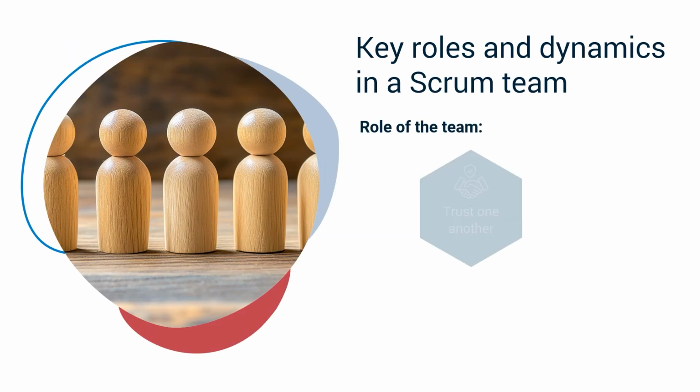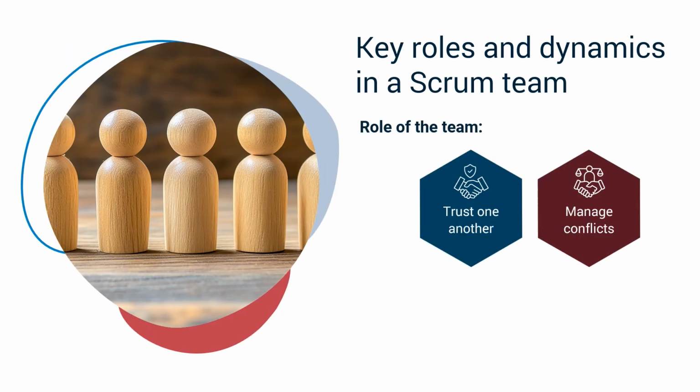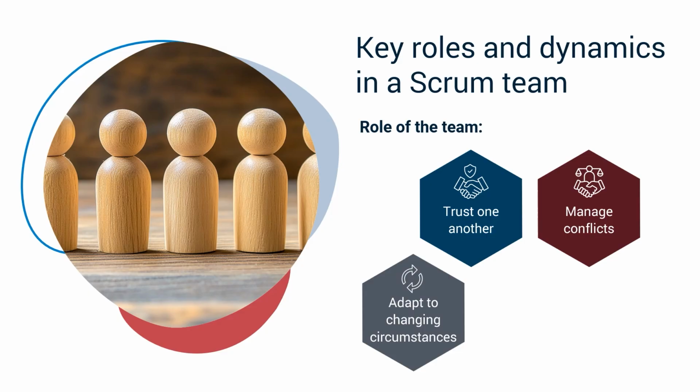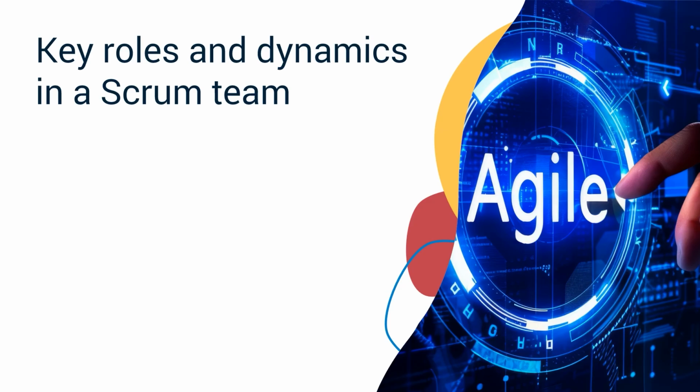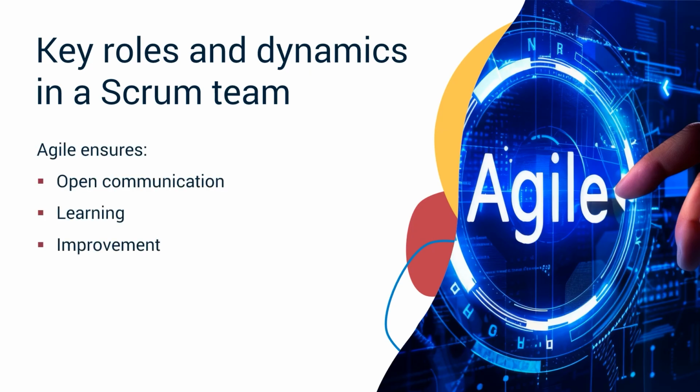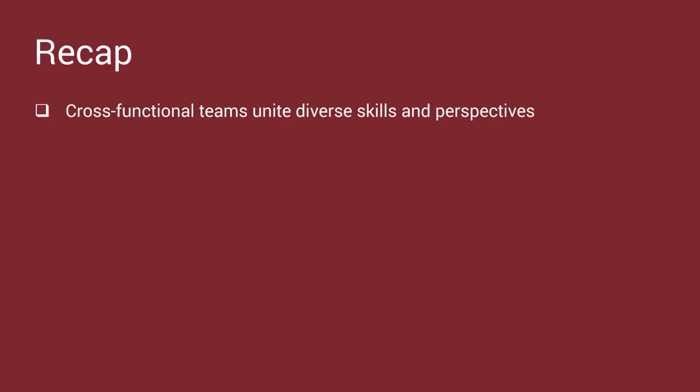The team can trust one another in the process, manage conflicts, adapt to changing circumstances, and personally hold each other accountable. The iterative format of Agile ensures open communication, learning, and improvement, ensuring the team evolves and consistently delivers value. In this video, you learned that cross-functional teams unite individuals from various departments to achieve shared objectives by leveraging diverse skills and perspectives. In Scrum,